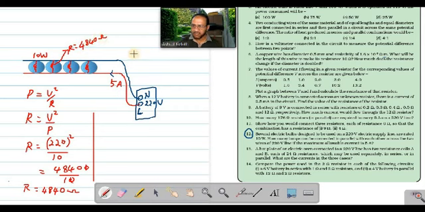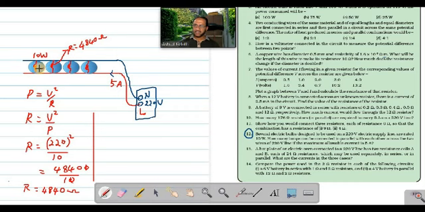The resistance of the filament of each bulb is 4840 ohm. Why is it such a big value of resistance? What is the reason? I told you the device with the highest power will have the lowest internal resistance, isn't it? And the device with the lowest power will have the highest internal resistance. That is the reason. The bulb has only 10 watts power. If power is very less, its internal resistance will be very high, because power P is equal to V square by R, so R is equal to V square by P. If P is less, R will be very high. So here only 10 watts, a very low power device.